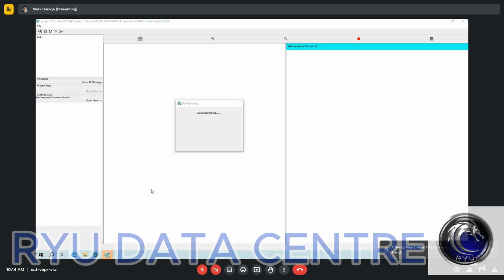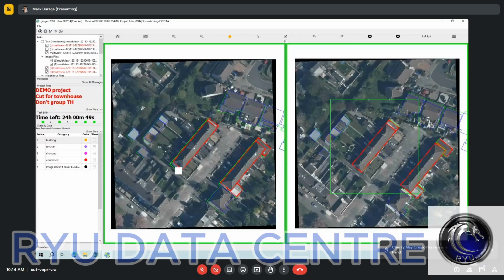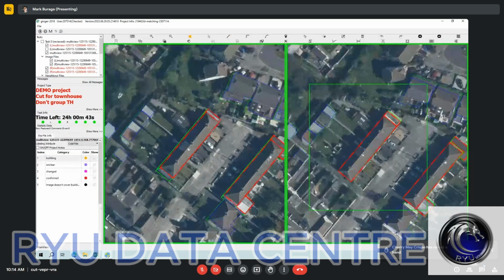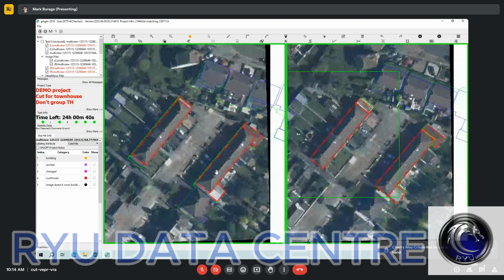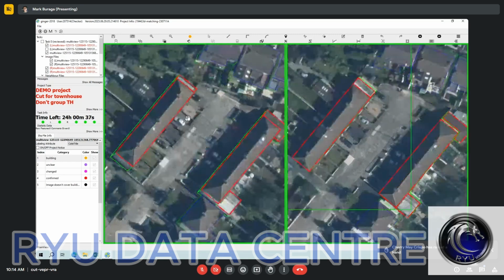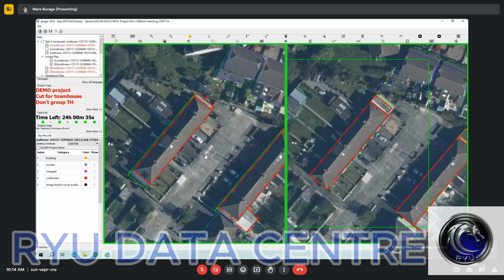All right, guys. So, just to make sure we're aware, so we're doing a demo project for townhouses. So, we need to cut them in equal sizes or based on property line, as you can see. So, the best reference that you can get are the fences, okay? And normally, the end units will have the larger cut of the property. So, we have to be a bit careful on that part.